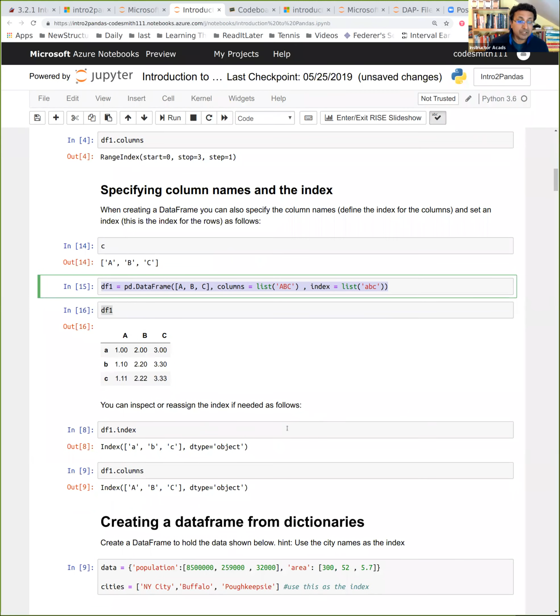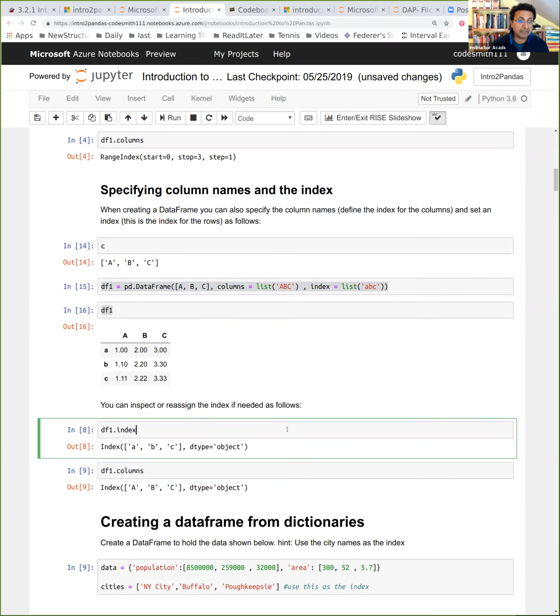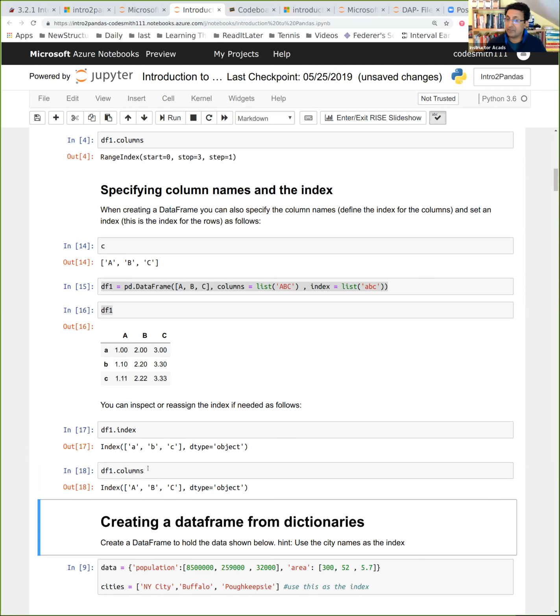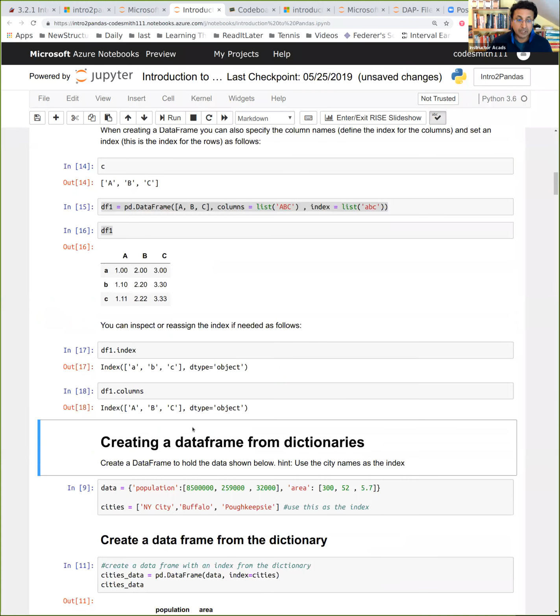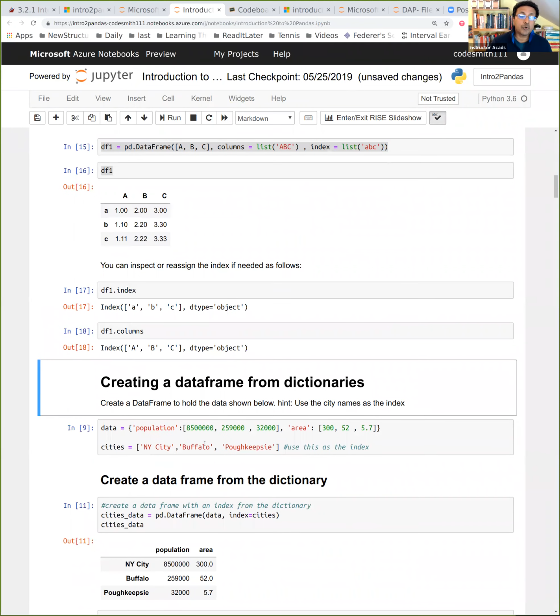But once you do this, now let's go and see what is the index on this data frame. And you see it says I have an index and now it's A, B, and C. And if you say what are the columns, it says I have A, B, and C as columns. And in a minute, I'm going to show you why these index and columns are useful. Because if it's not useful, this is too much headache for us to work on this, right? So let's continue here, but I want to show you